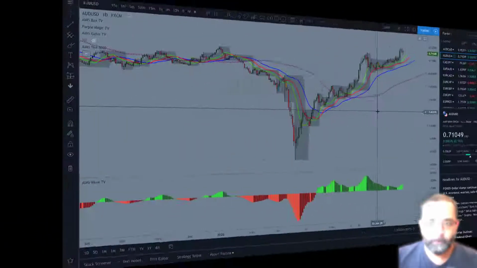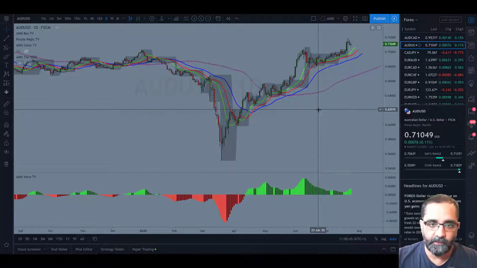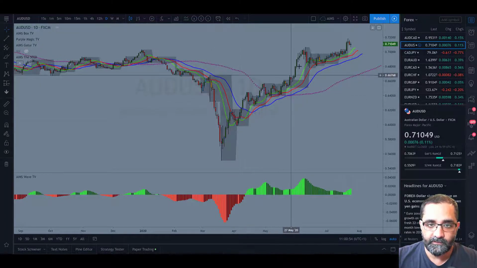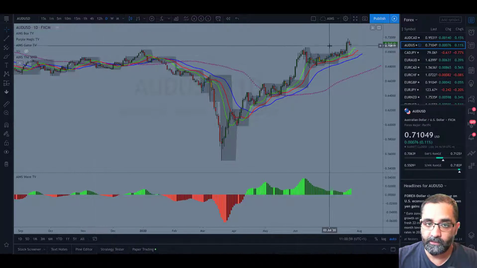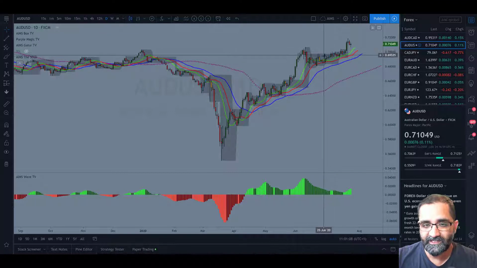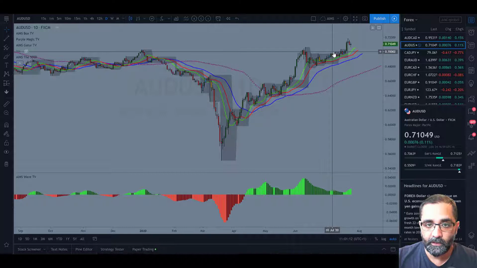Okay, so let's start with the Australian dollar USD, alphabetical order. As we can see, the market, after dropping earlier this year, has recovered. Not only recovered, it's broken all the highs to the left, so we are seeing the highs of the year. There was a pretty good seed signal here, but the normal setup one breakout. This is a setup 2 breakout because AO hasn't crossed the zero line. That happened, so we are long from here,